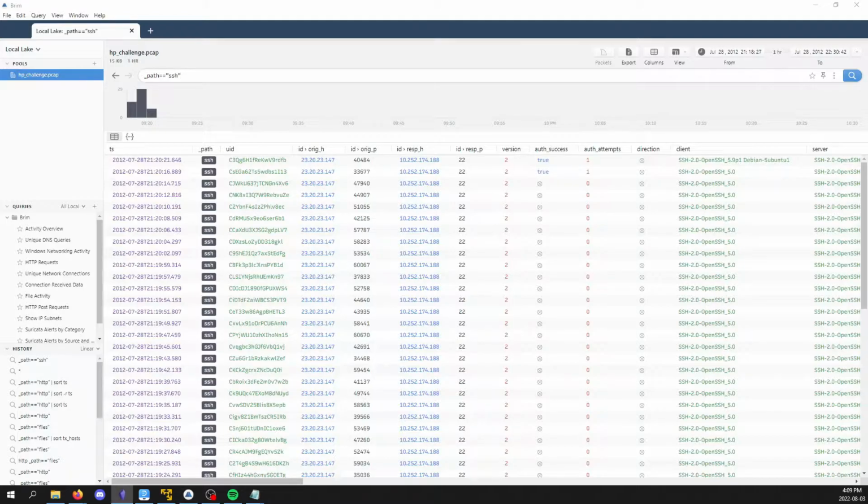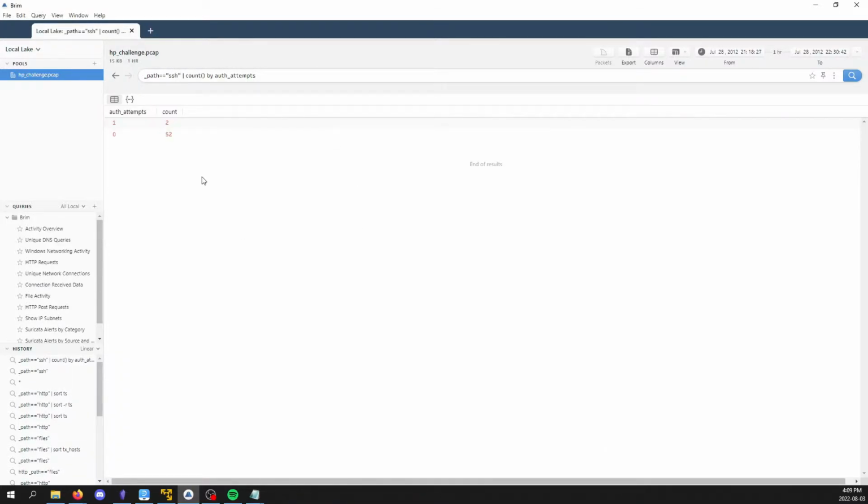Now what we're looking for is how many attempts there were. So this just filters out the SSH. Now we want to filter and count how many attempts there were. And we see that on this one we have 52 and 2. Now, where they're coming from,